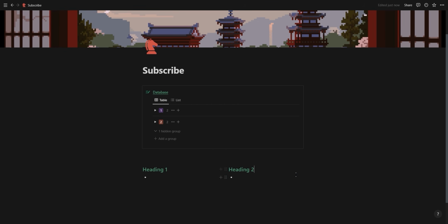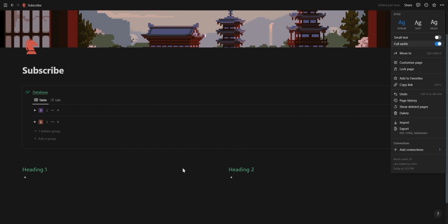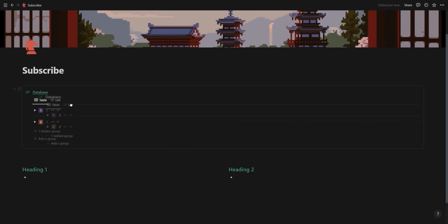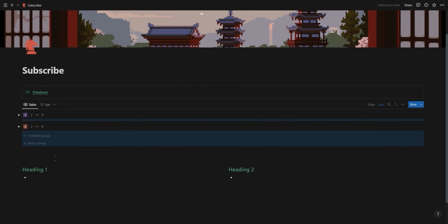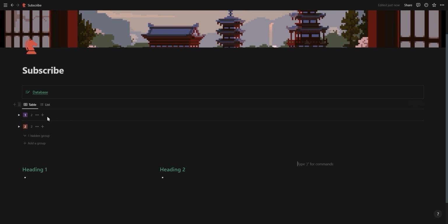You're also able to resize multi-column layouts to extend beyond the margins of the single width pages. And if you want a 3-column layout, then you need to change your page to full width. If you're not using callout boxes for your databases, then you're unable to drag inline databases into a multi-column layout unless you use empty blocks and drag and drop your databases inside.